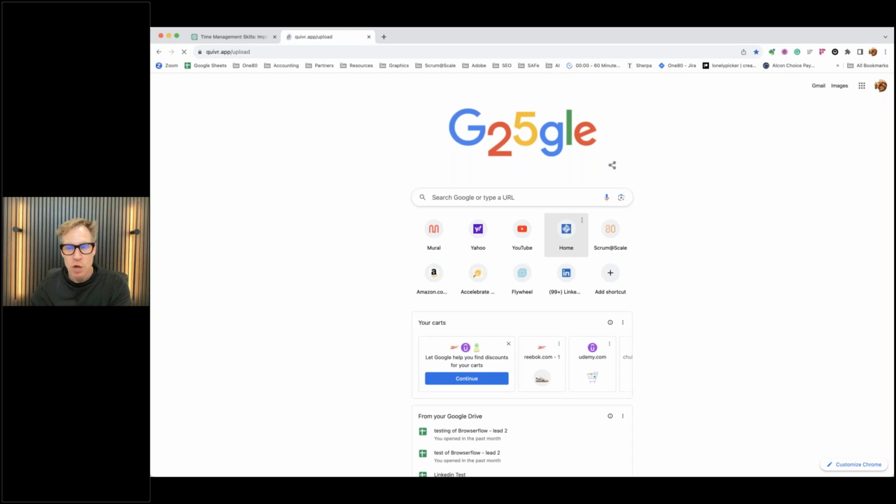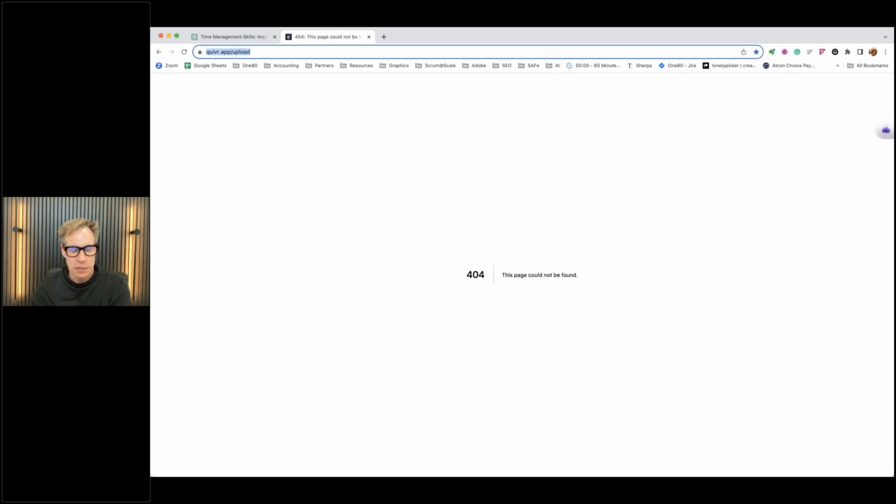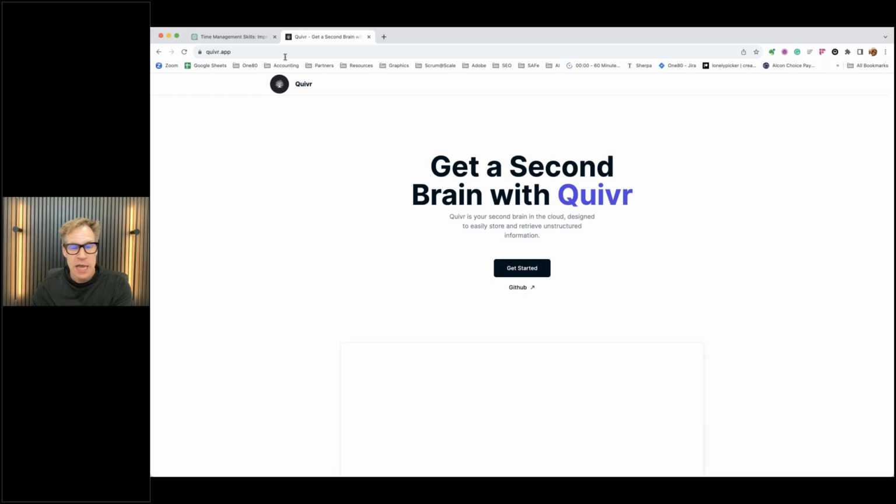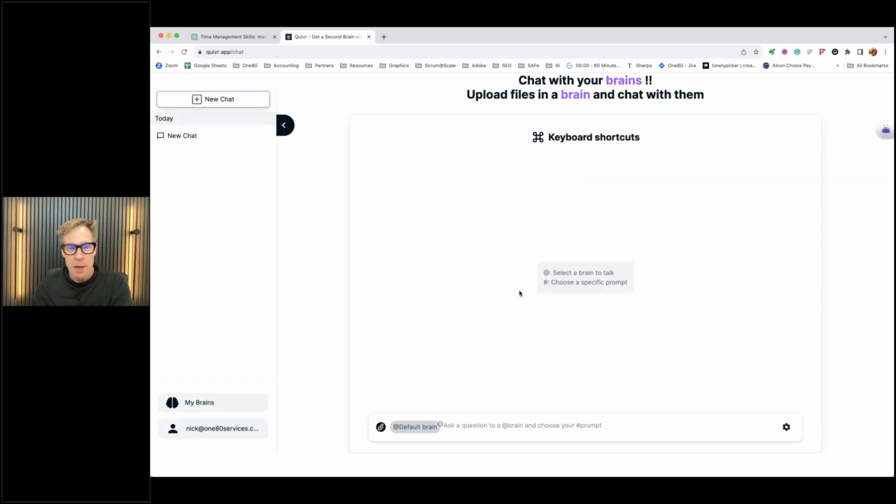Here it's called Quiver, and what Quiver does is, the link is wrong. It connects to GitHub, and I then upload all of my data into GitHub, my PDFs into GitHub, and you'll notice it's pretty much the same interface. But this is strictly connected to my GitHub, and it's not actually connected to ChatGPT directly. So I can't ask it questions about anything that comes out of ChatGPT, but I can ask it about things that are stored on my GitHub site to get information. So that way I control the sensitive information to just these connections.